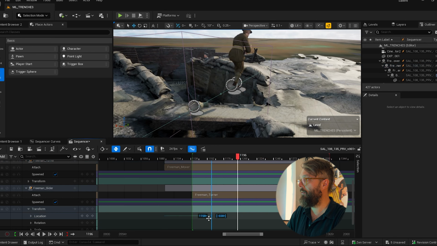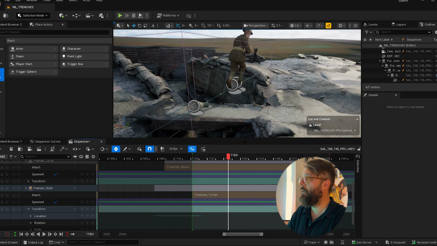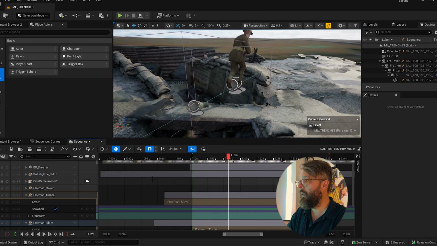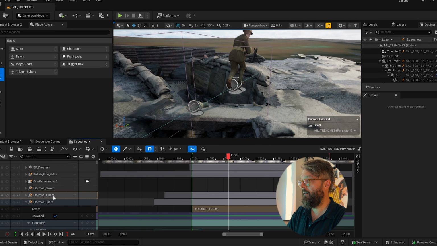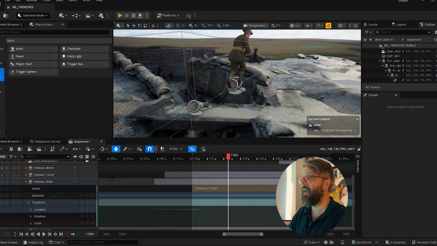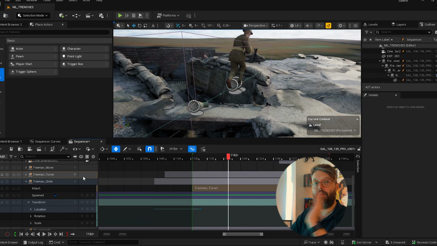We can move it back and forth if we want. Just doing it right here because it's set to infinite. So we just move these over, and then he can turn. And if you needed to move him kind of left or right, you've now got an option to do it on the character or on the slider. But I would recommend the slider just drives him forward, and the turner deals with the direction he's facing at